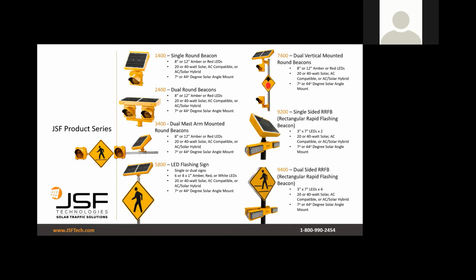7-degree and 44-degree tilt are the two options for the solar, but 9 times out of 10, where we're discussing, it's going to be 44 degrees. When you start to go further south, maybe we'll start to lean towards a 7-degree, but most of the time it should be the more aggressive 44-degree tilt. And that covers the beacons, the solar, and then of course the RFB is a little bit different, where you've